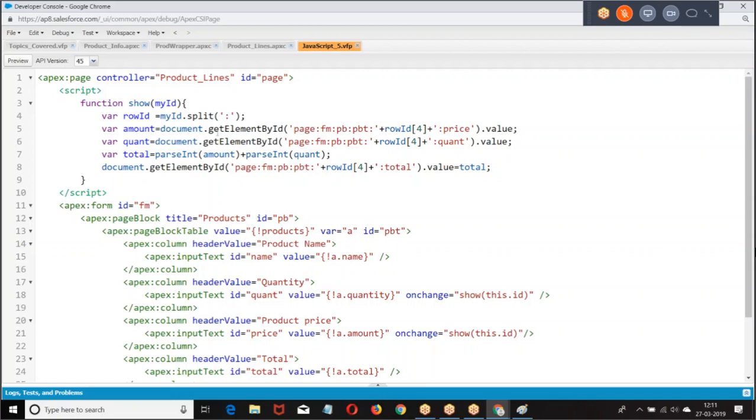Are you getting my point? If you know the row number, that row quantity, that row price, calculate the total and print it. Now here I give this.